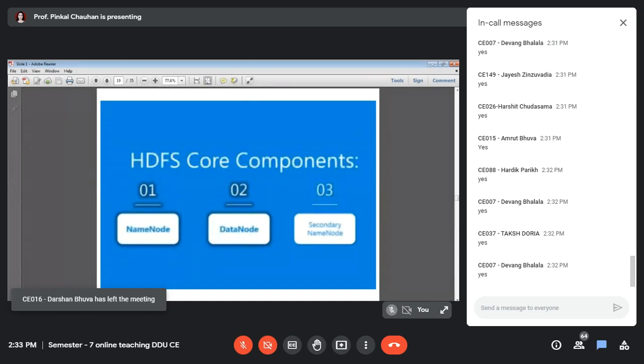So name node, data node, and secondary name node, right? The duties of each one of them are very much clear to you guys now, right? So, what is the duty of name node? Can someone recall fast?